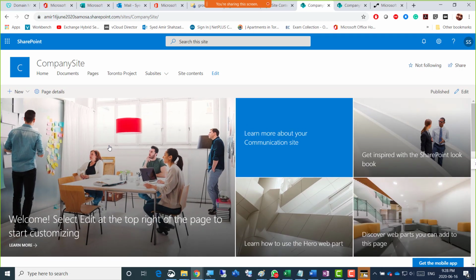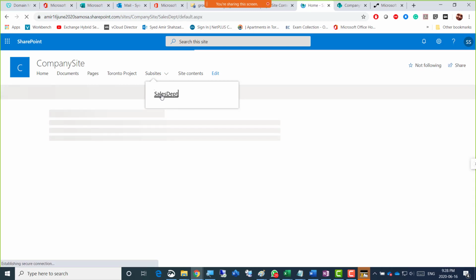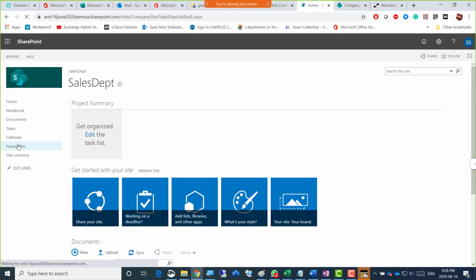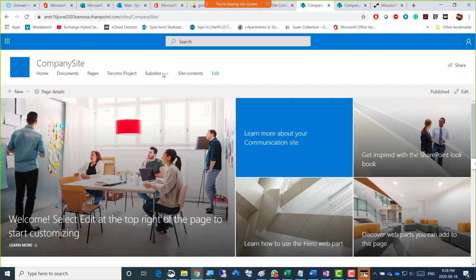So on the main site, it would just be this sales department under the subsites here, and I'm going to click that sales department. I've just gone to the sales department, and from there, parent site, I'll go back to this parent site. So this is a navigation that you have to create yourself.